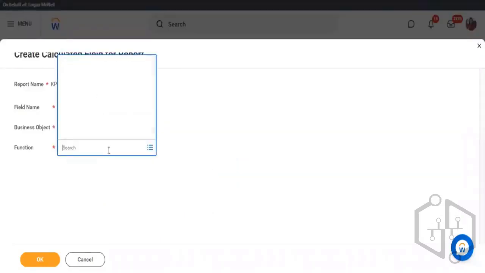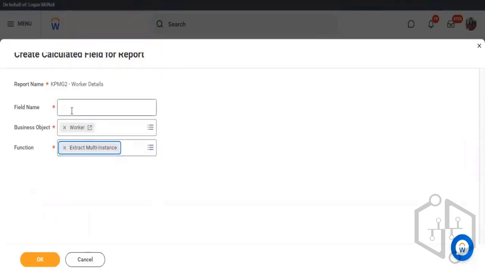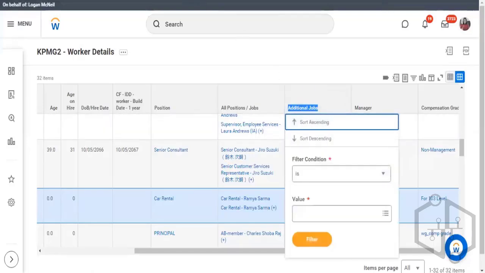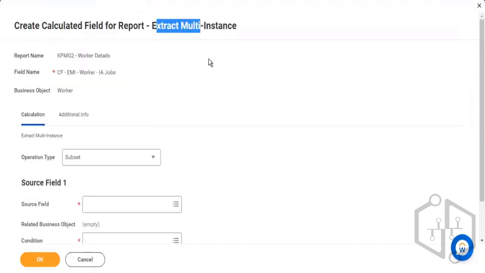Right? So my function is EMI. EMI stands for extract multi-instance. CF, EMI, worker, and I'm calling it IA jobs. I want to extract multiple instances from the additional jobs, right? So that's why my source field from which I want to extract multiple instances is additional jobs,